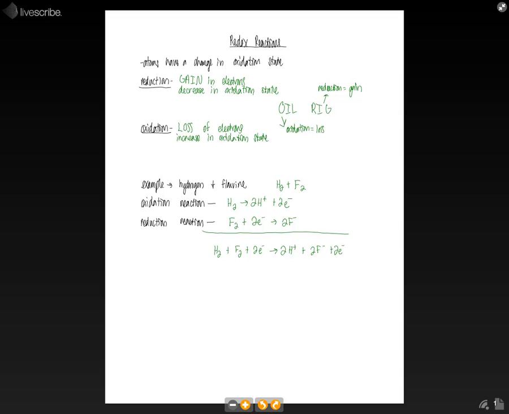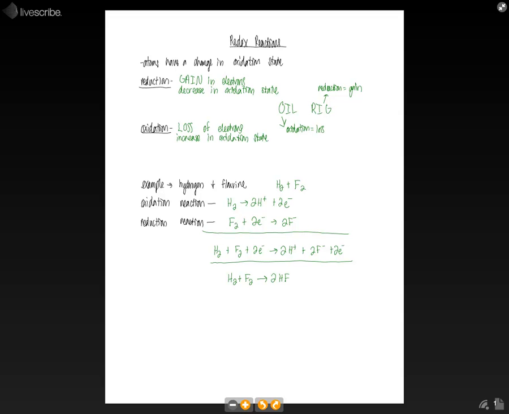And so here our 2 ions in our products are going to combine to form HF, so we can write this singly again, and then our electrons, since they're balanced, we can cancel them out. And so we'll be left with H2 plus F2 yields